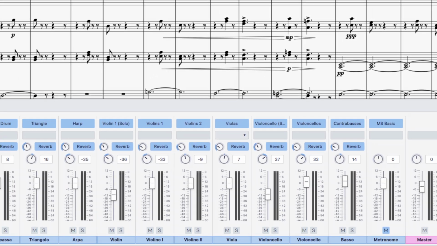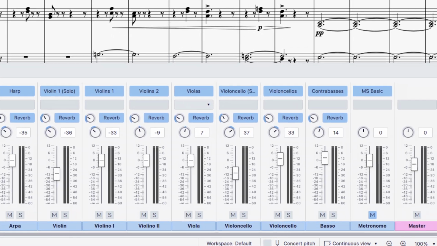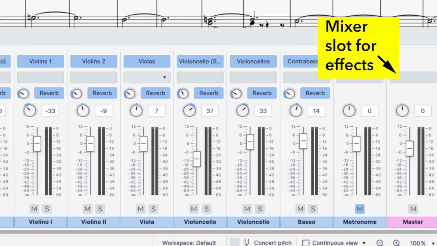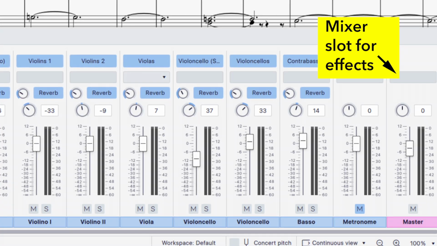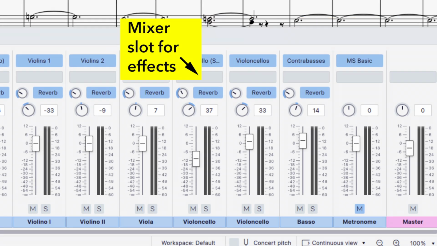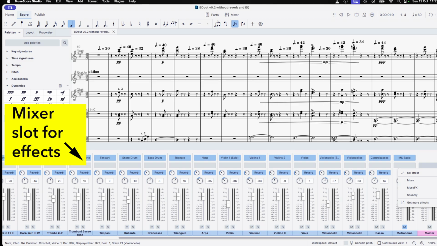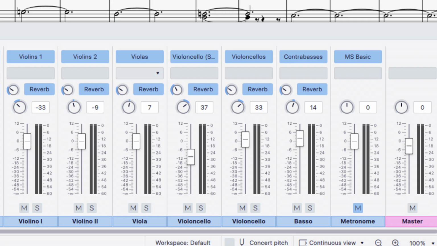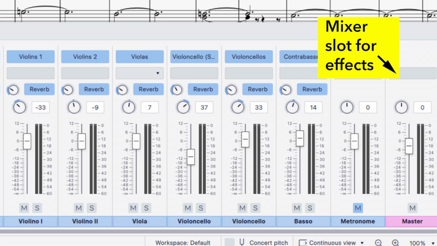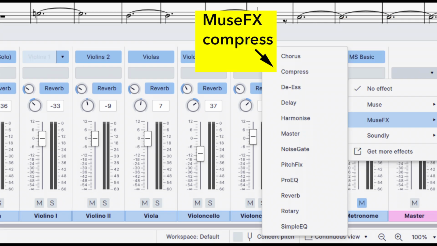Here's the Musescore mixer, so that master compression stage we were just looking at in Logic would fit in here. In fact, the mixer lets you plug in for individual instruments as well. So if you got one that was particularly uneven from one dynamic level to the next, like the free Muse Sound trombones, for example, you could stick a compressor in just for that channel. I say you could because, in fact, you can. MuseFX compressor to the rescue. Here it is.